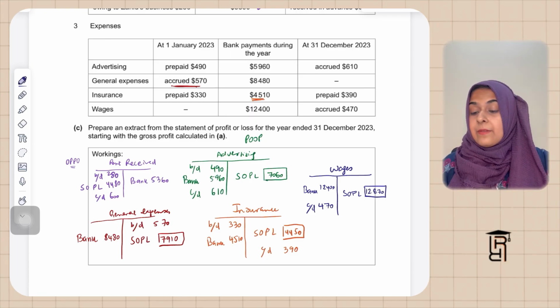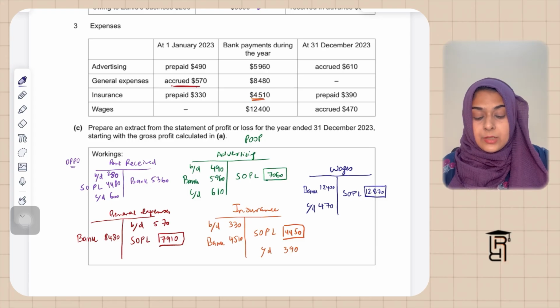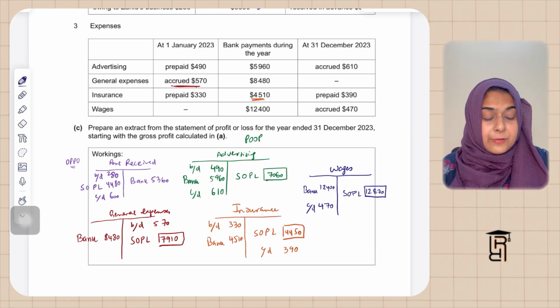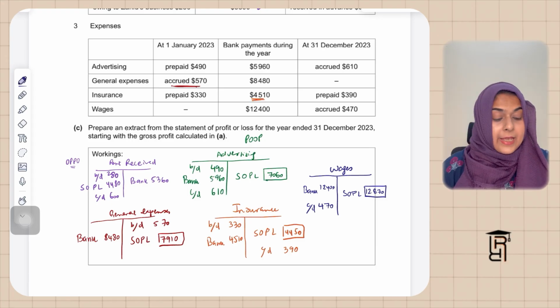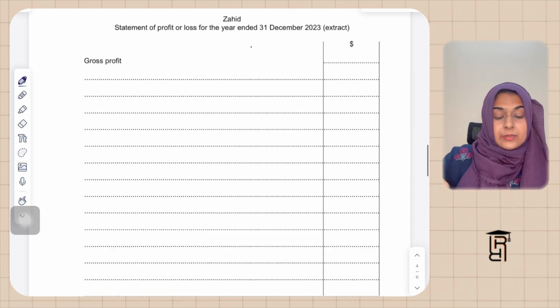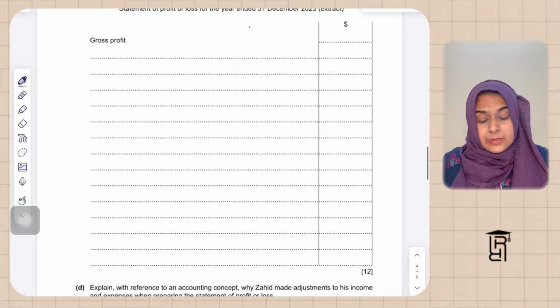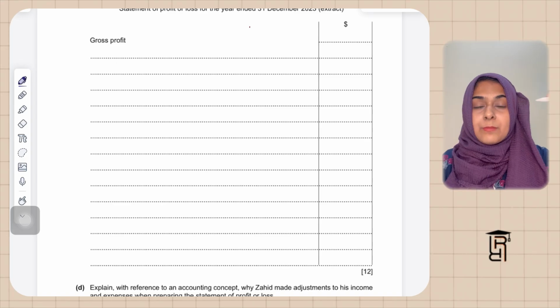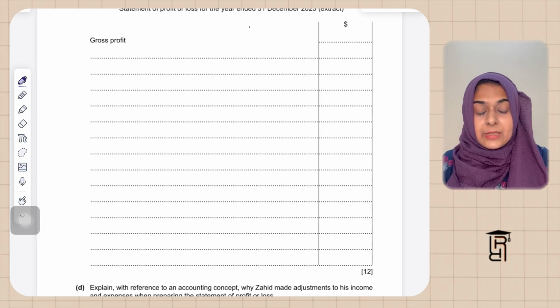12,870. ये हमारी वेजेस के लिए हमने इनकर किया है ड्यूरिंग द ईयर 2023, जो कि हम स्टेटमेंट ऑफ प्रॉफिट एंड लॉस में 12,870 लिखेंगे, एंड देन वी आर गोइंग टू मेक आवर इनकम स्टेटमेंट, स्टेटमेंट ऑफ प्रॉफिट एंड लॉस एक्सट्रैक्ट। इनकम स्टेटमेंट पुराना नाम है, स्टेटमेंट ऑफ प्रॉफिट एंड लॉस नया नाम है। हमें ग्रॉस प्रॉफिट से शुरू करना है।